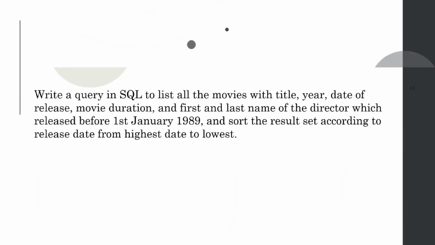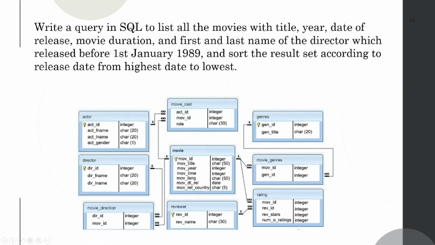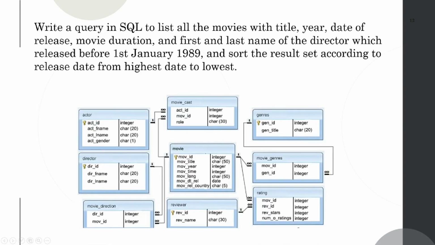Now the next question, let's level up. This seems like a 4-line question, seems very tough, but let's read it out. Write a query in SQL to list all movies. It is asking again all movies with title, year, date. Okay, it is asking me to fetch almost everything. Movie duration, first and last name of the director. Oh, it is asking me to fetch the director's first name and last name also,